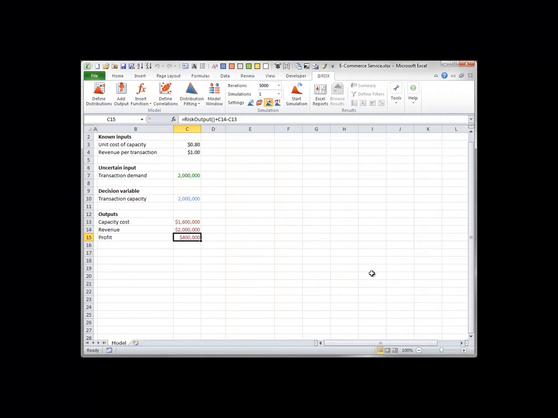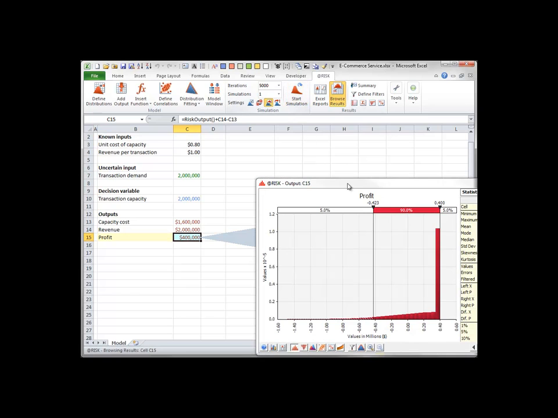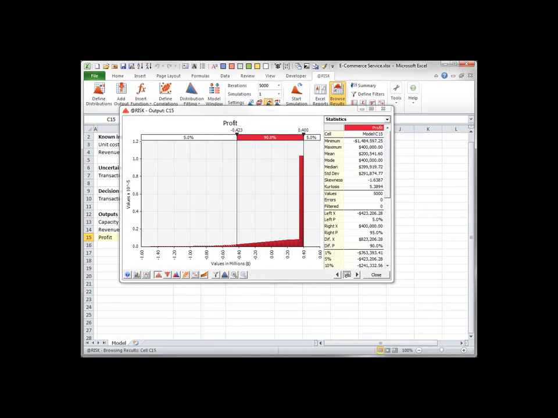Step 7. Run the simulation. This is the easy part. Just click the Start Simulation button, and although it is not visible here, you will see a progress indicator at the bottom of the screen. Depending on the complexity of your model and the number of iterations you request, the runtime can be a few